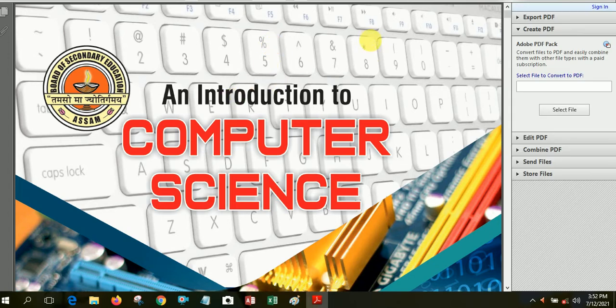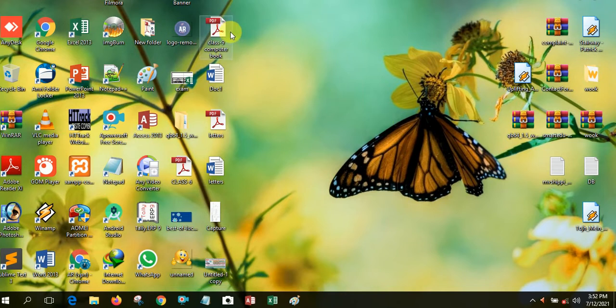After printing, you can delete. Suppose you delete this PDF file from your computer. Then again you convert a hard copy from your hard copy.